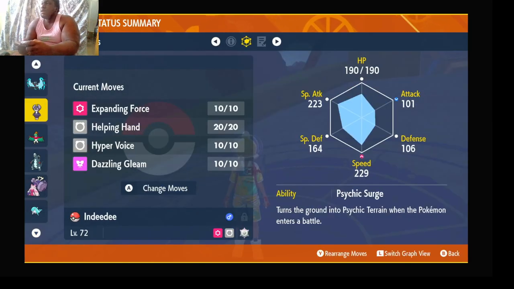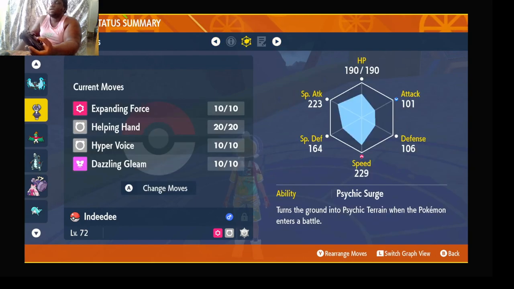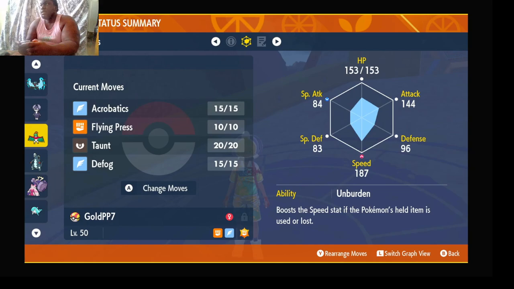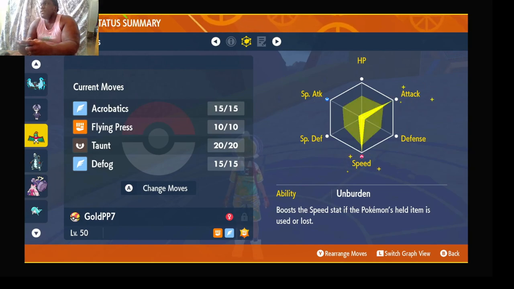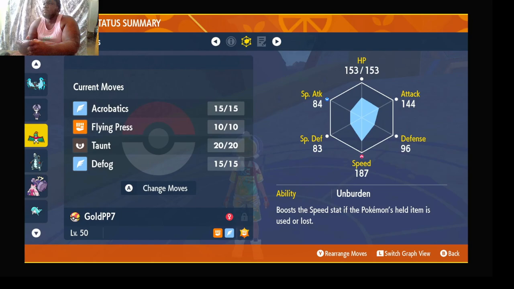Then you got Indeedee Male. This one's special attack speed, timid nature, has Wise Glasses, and has Expanding Force, Helping Hand, Hyper Voice, and Dazzling Gleam. Right. So again, carry support. You don't want to carry a move like Protect because it's not supposed to be protecting itself. It's supposed to be supporting its team. Right. And then you got Halucha, attack speed, jolly nature, with Unburden, and a Psychic Seed. And it has Acrobatics, Flying Press, Taunt, and Defog. Right. So another carry support. So yeah, you want to carry a lot of carry supports with